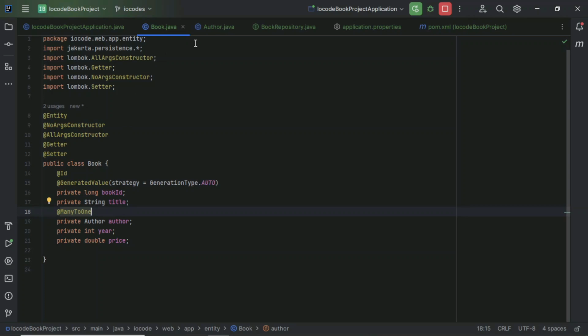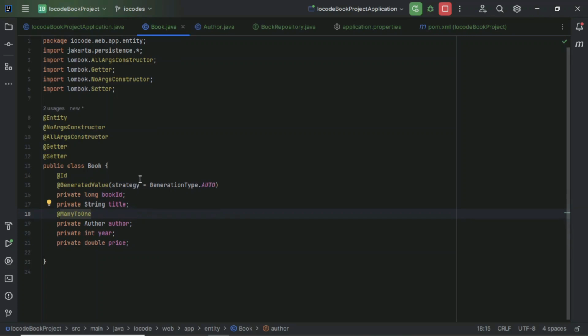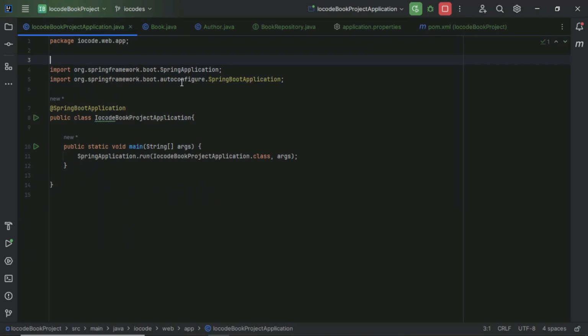In the case where a book has multiple authors, and those authors have also written multiple books, we make use of the many to many relationship annotation. But since I want to keep things simple, I'll make use of the many to one and the one to many relationship. So now all I have to do is run the application, and you'll see